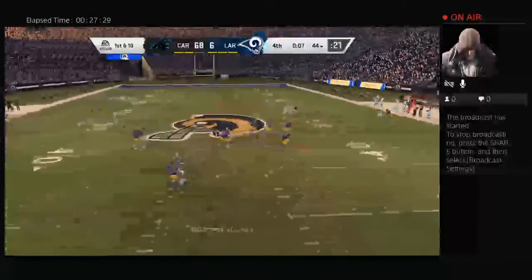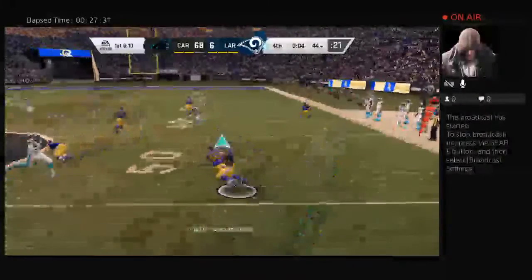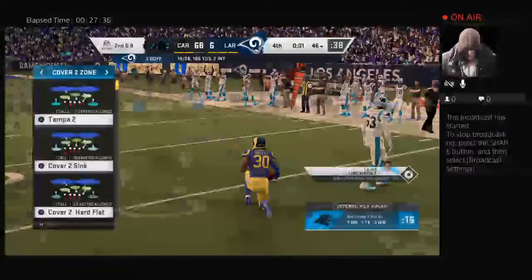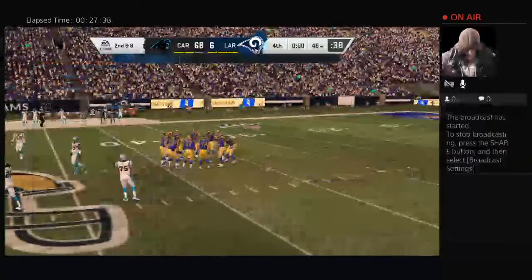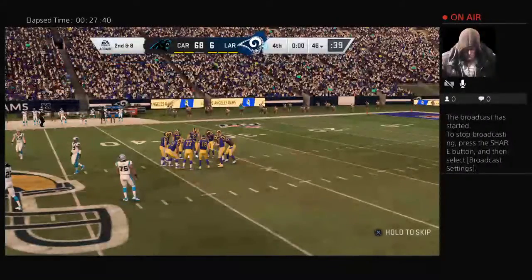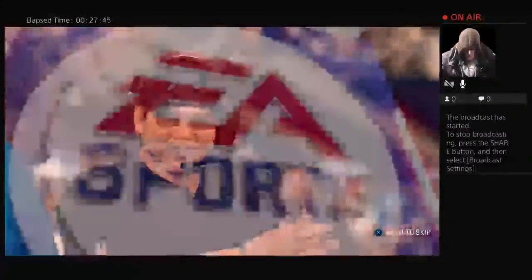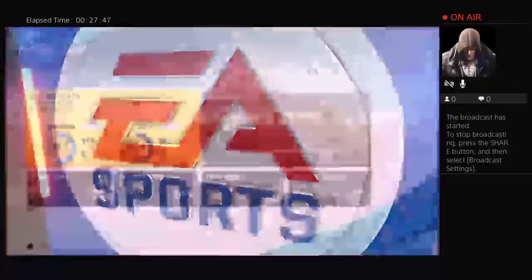On 1st and 10, Goff. Oh, it's a screen pass. That's complete. And he'll be taken down at the 46-yard line. They hold him to only 2 there on the screen. It's second down. A big offensive explosion helped leading them to victory, and the defensive